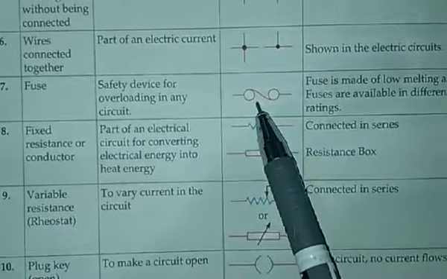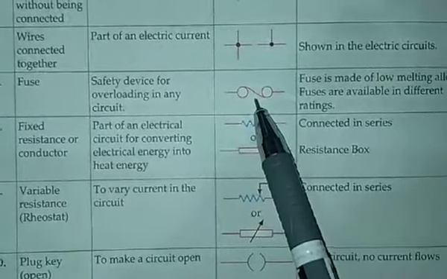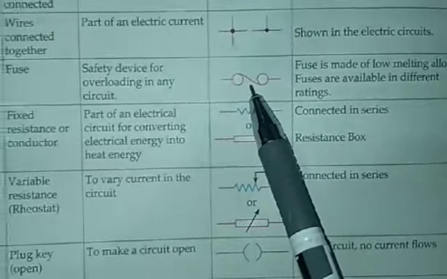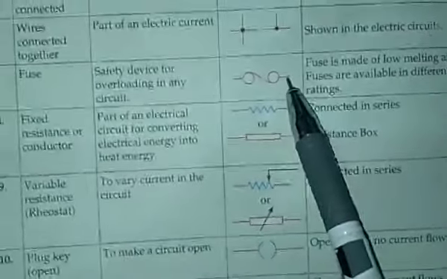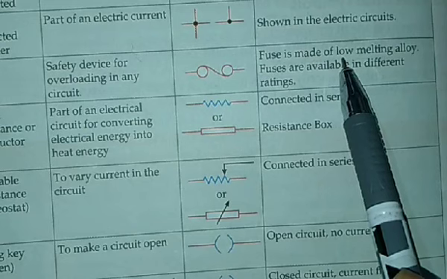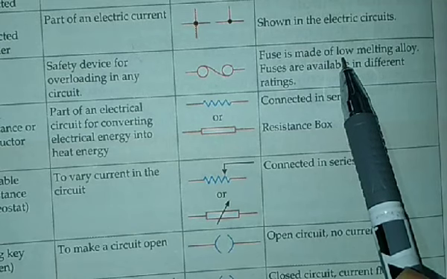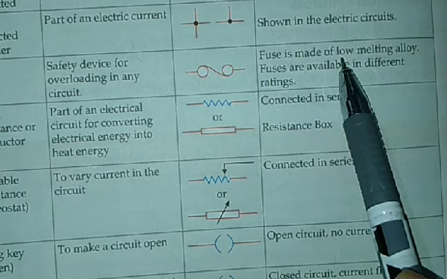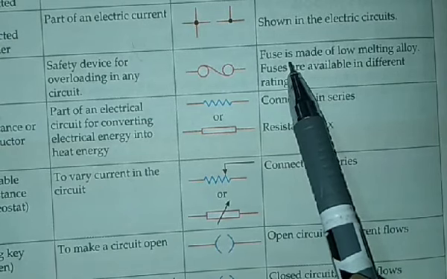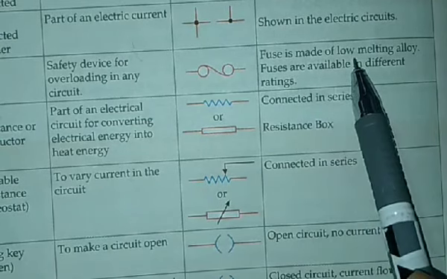So, what will it do? If we are getting excess current, more than is required for the smooth running of electrical devices in our home, then fuse, which is a low melting alloy, that is, it has a very low melting point. You know when excess current is given to any appliance, then the heating effect of current is produced. So the excess amount of current heats the fuse, and as you know, fuse has a low melting point.